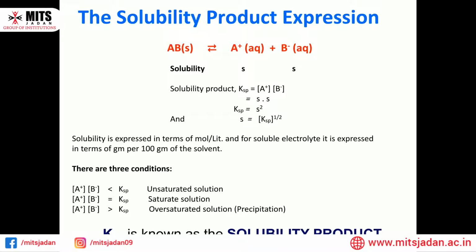Now there are three conditions. In the first condition, when the ionic product is lesser than the value of solubility product, in this case we get the unsaturated solution. In the second case, when ionic product value is equal to the solubility product, in this case, we get the saturated solution. In the last case, when the ionic product is greater than the solubility product, in this case, we get the oversaturated solution. Or we can also say it is precipitation, since in order to get precipitation, the ionic product should